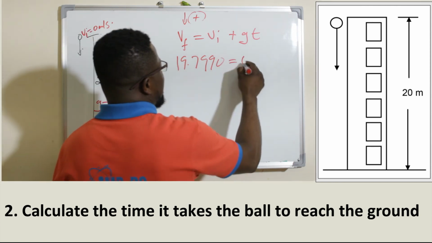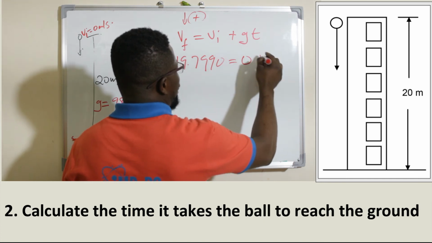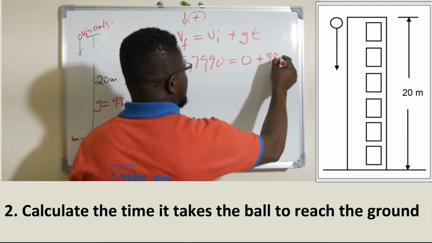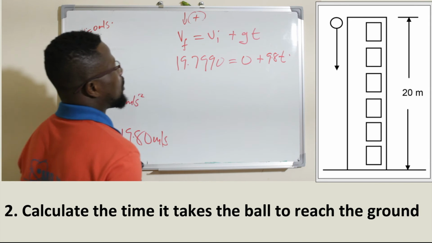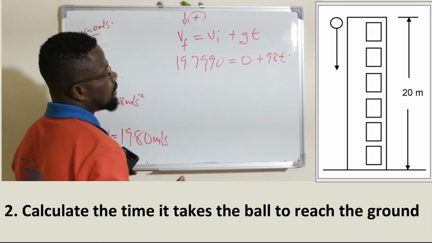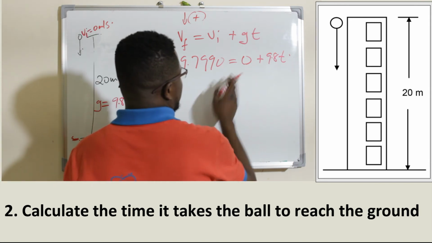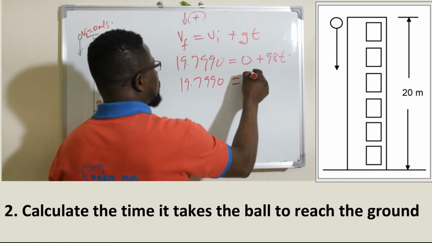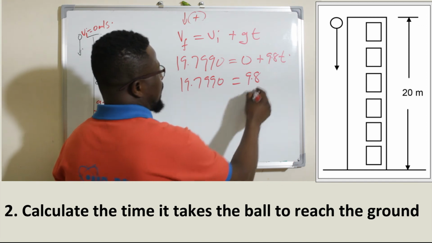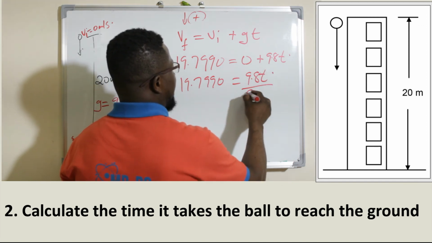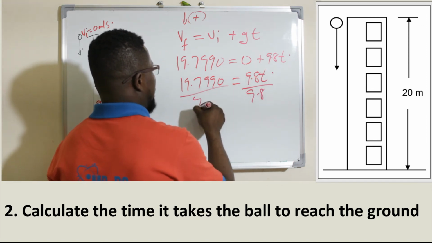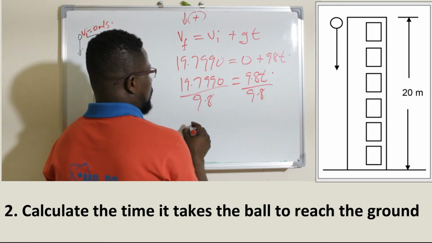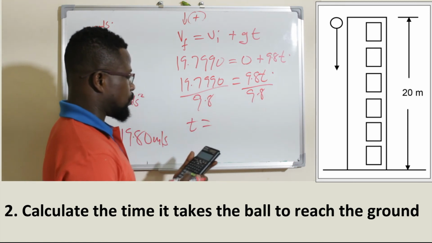And then my initial velocity is 0 plus G, which is 9.8, multiplied by T. What I want is to find my T. This is 0, so I will have 19.7990 equals 9.8 T. I divide by 9.8, I divide by 9.8. What do I have? T is now equal to